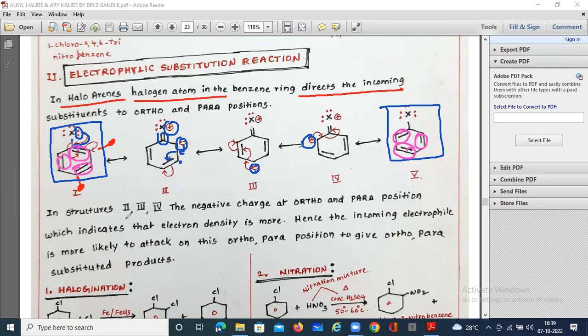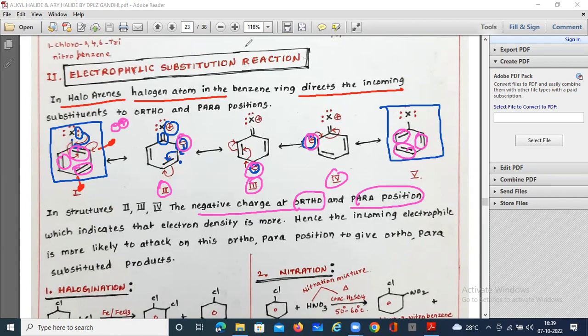So let us see in structures second, third and fourth where the negative charge is located. The negative charge is located at the ortho and para positions. See, this is ortho, para and ortho in structures 2, 3, 4, which indicates that the electron density, as I told you before, will be more at the ortho and para positions. So the incoming electrophile, the positively charged ion,